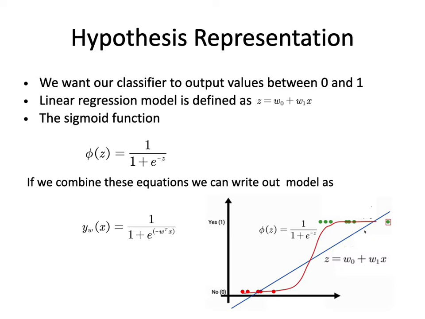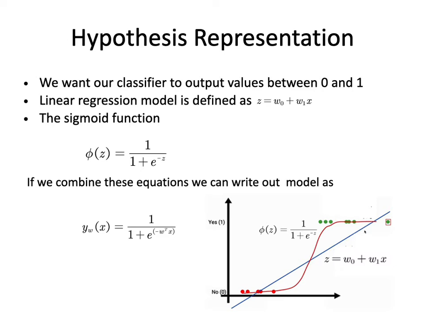Now we want a function, this phi of z, that transforms the values between 0 and 1, and that is shown in the figure, as we have the equation of this best-fit line z, which is nothing but the equation of the straight line,